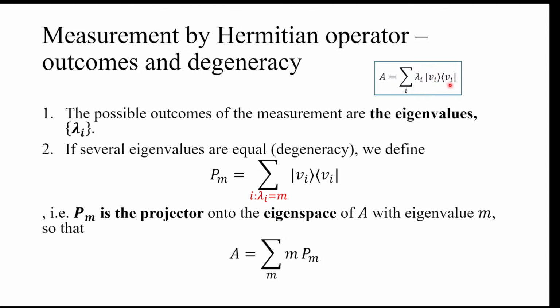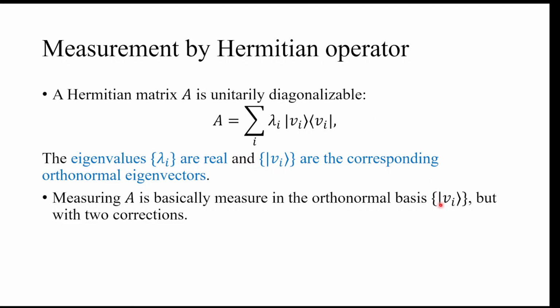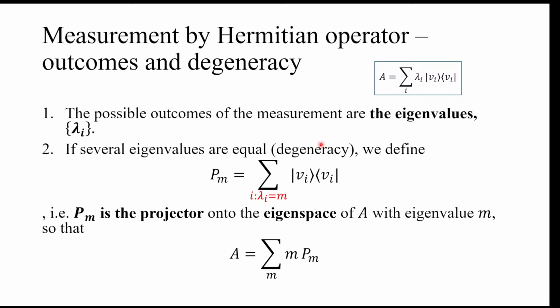So for some different i, lambda i will be the same. So actually instead of getting the outcome as just an orthonormal basis element, what we are doing is we project onto the eigenspace